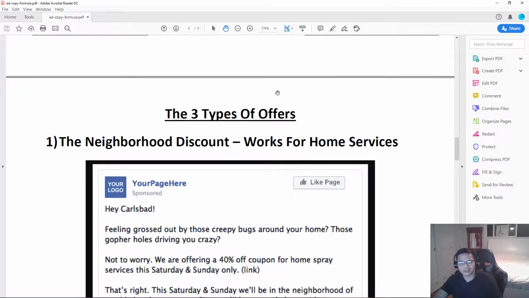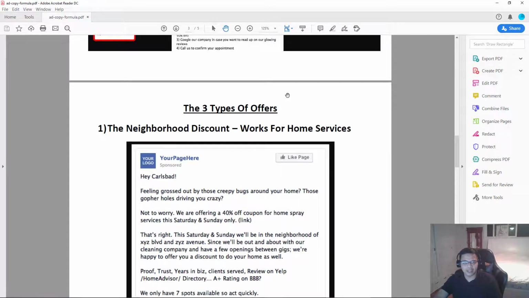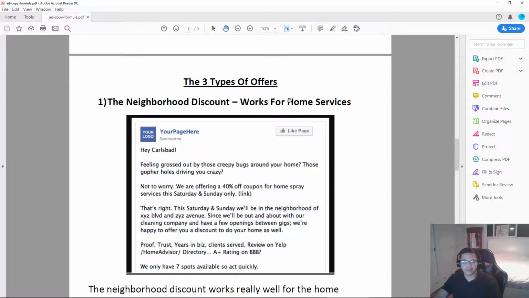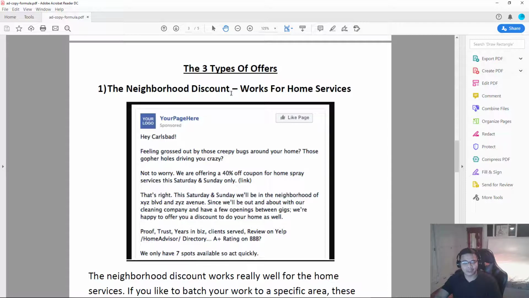So there are three types of offers that we usually run. Depending on the business, this may or may not make sense for you. For home services, the neighborhood discount is really, really good. So again, if we're going back to that pest control offer,